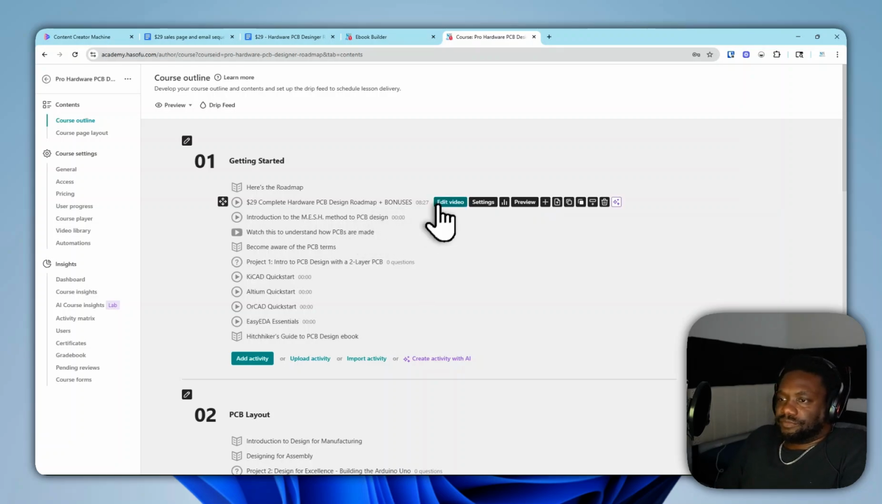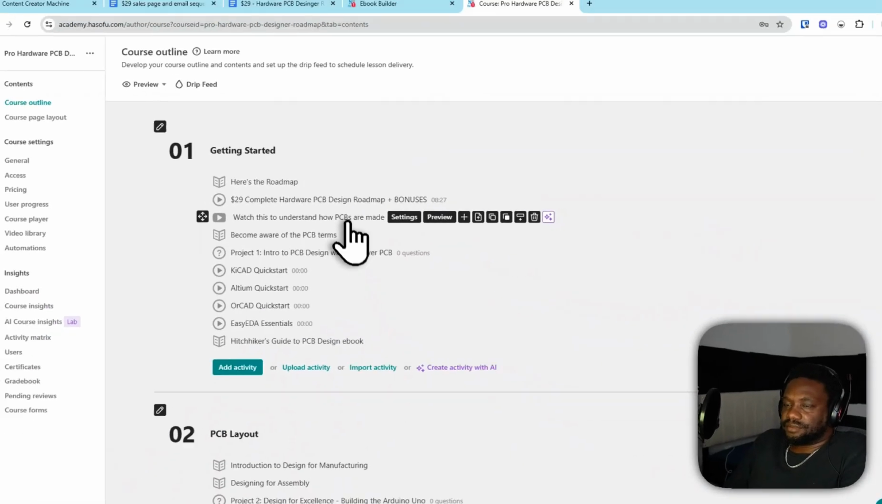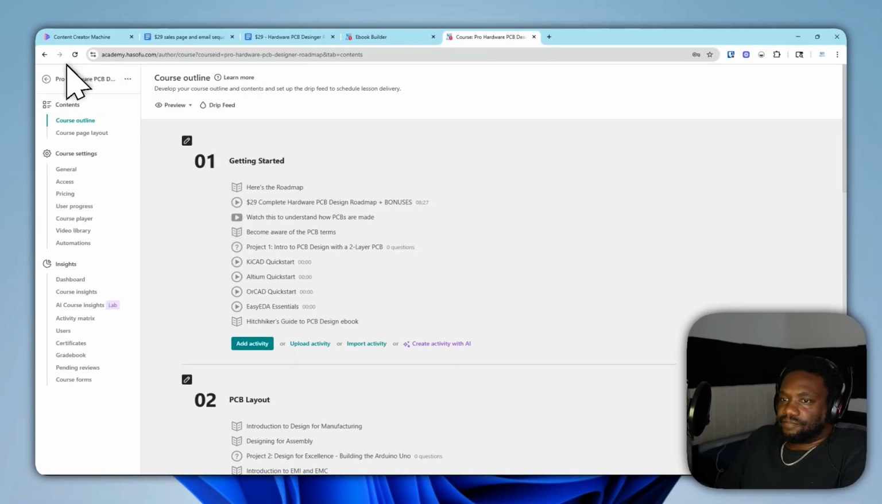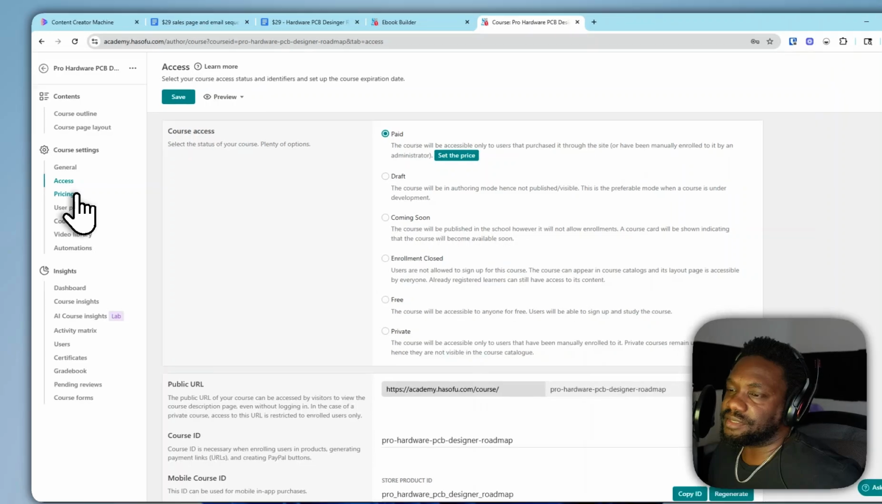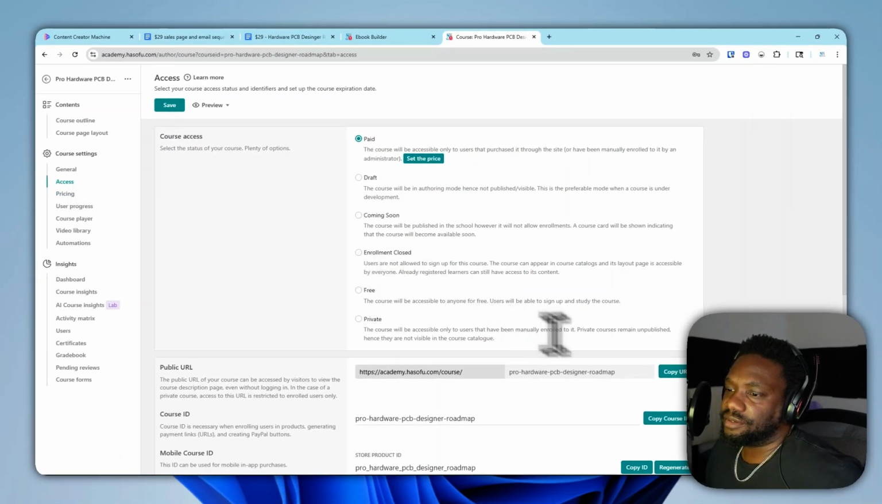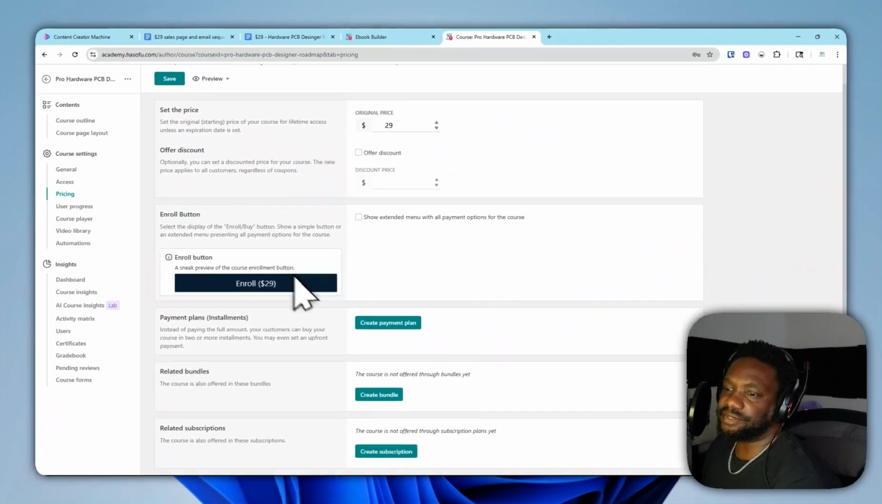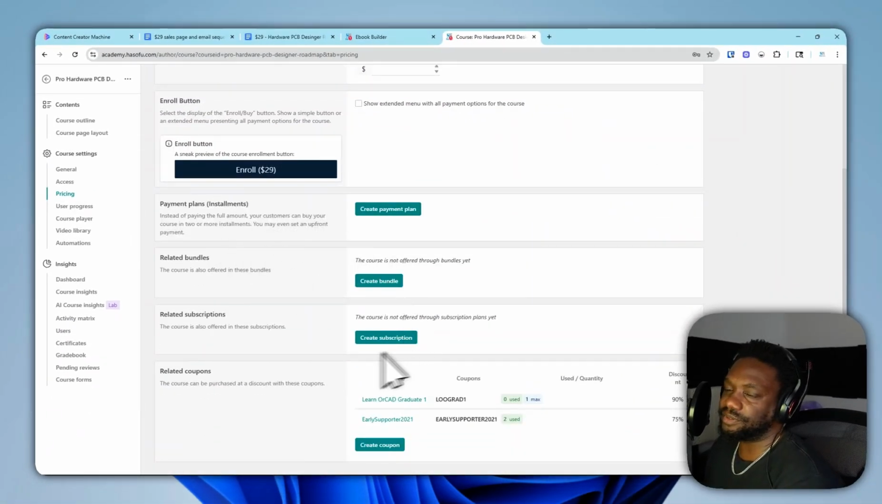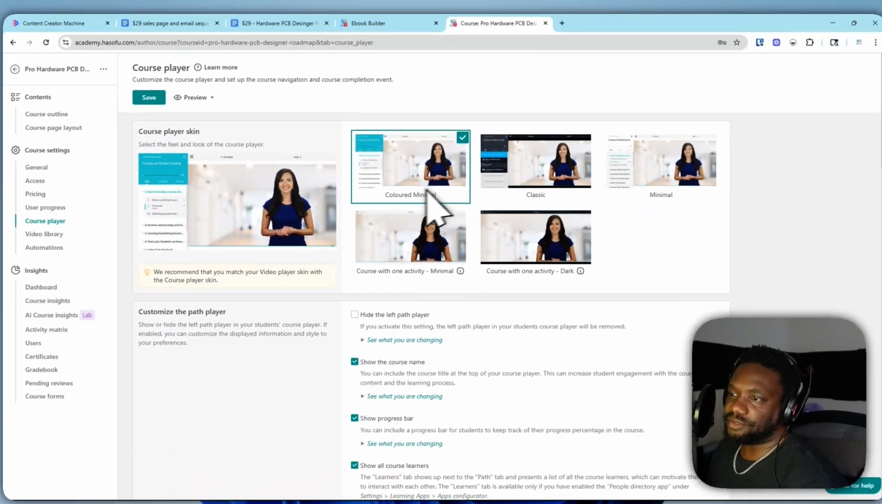Okay. I'm not going to need this video since it's already in the PDF guide. Once you're done with the course outline and you have your general and access is good, set to paid, you're going to copy your URL for price that has the right pricing. Your pricing is good. You can create payment plans, create bundles, create subscriptions, track user progress, modify your course player